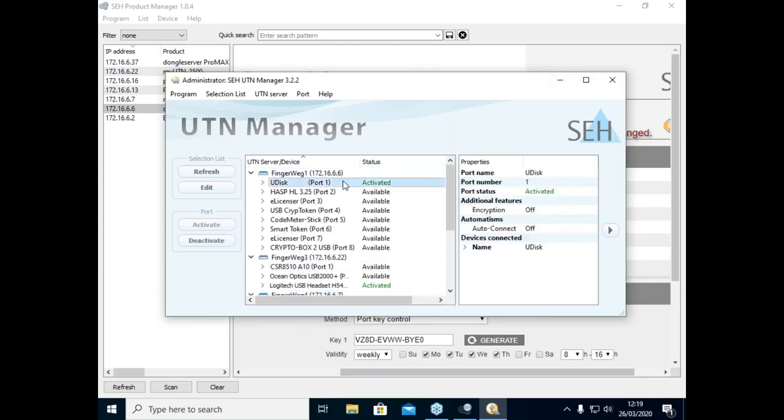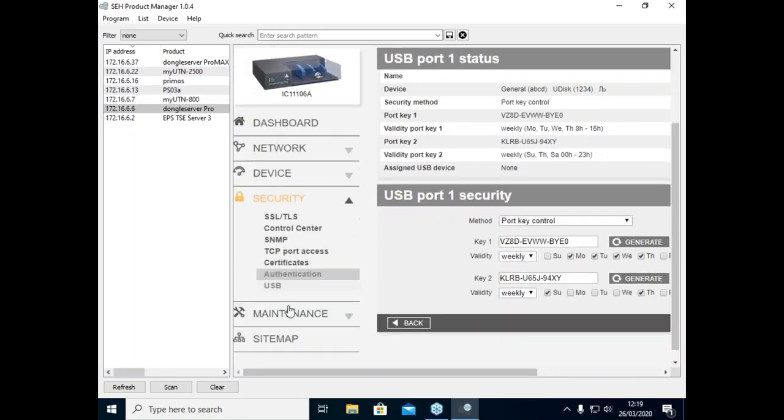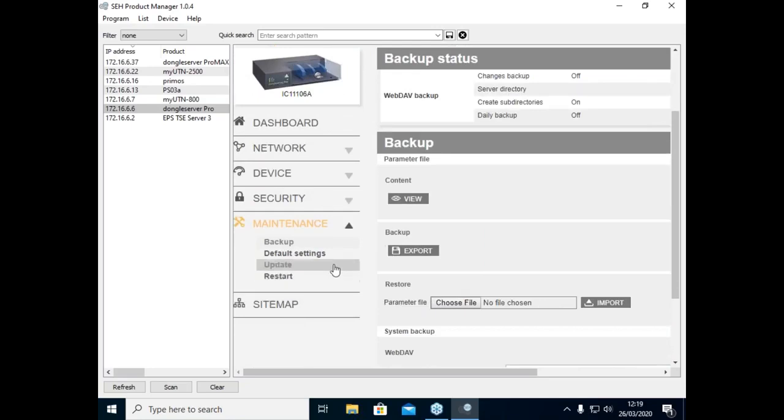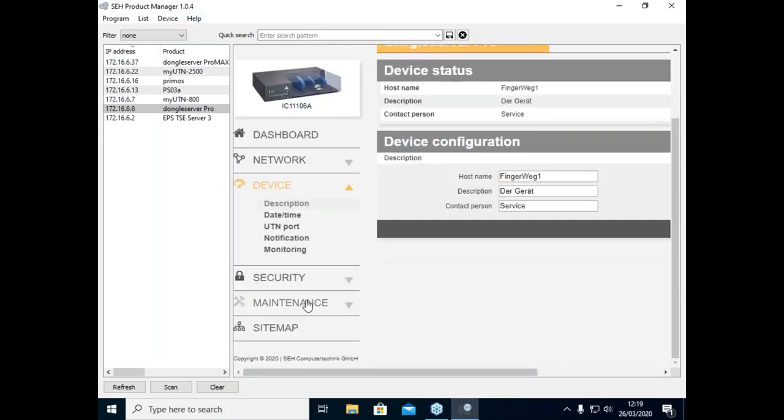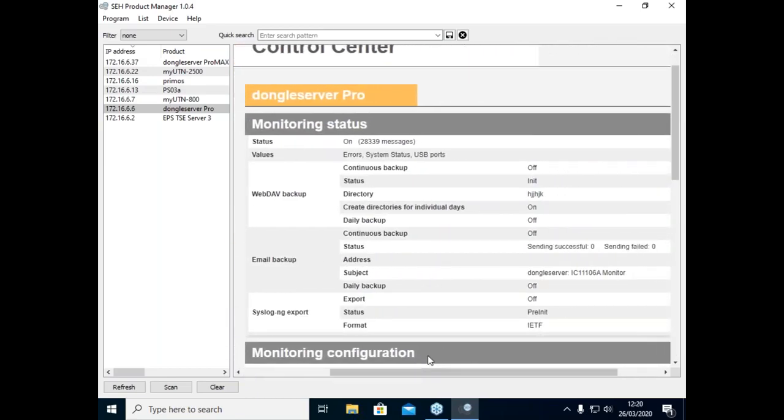Okay. So now we have activated everything with our port key. The next main feature which we have implemented here on our new Dongleserver Pro server and ProMAX is also our logging function. So let me have a quick look here. Device monitoring, excuse me. Here we have the monitoring feature where we can say that every little step, every little status on the Dongleserver Pro can be logged and sent via the WebDAV configuration